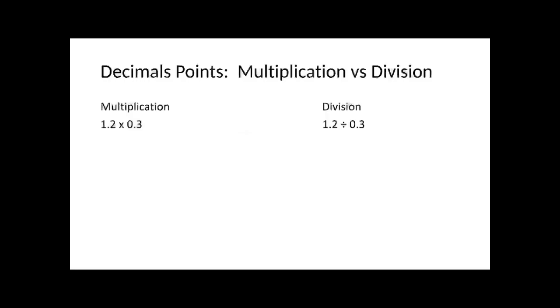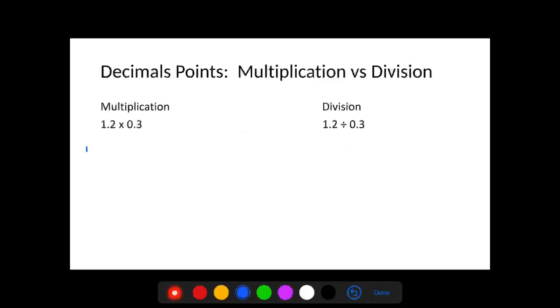Let's talk about the decimal division algorithm and why it makes sense. But first, let's step back and look at why, if you were seeing this for the first time, it might be really surprising. When we learn multiplication, 1.2 times 0.3, typically we ignore the decimal point,